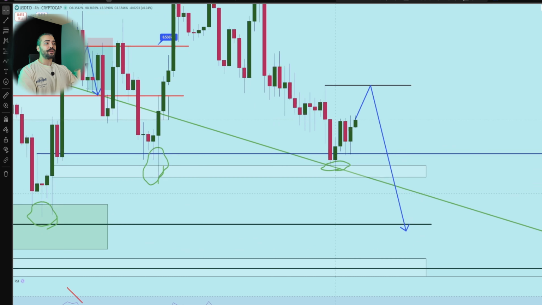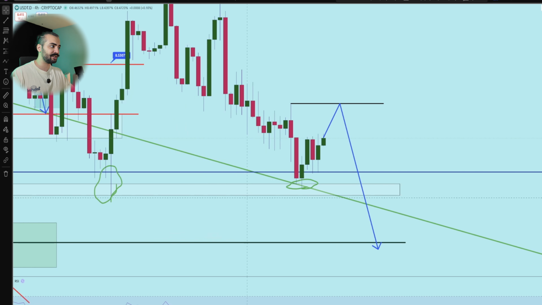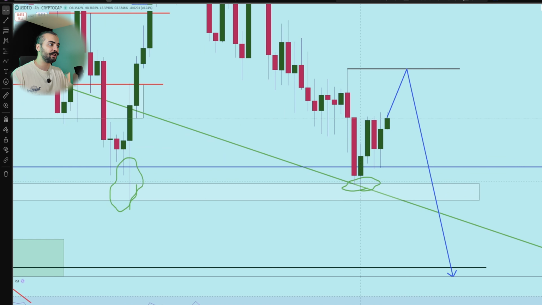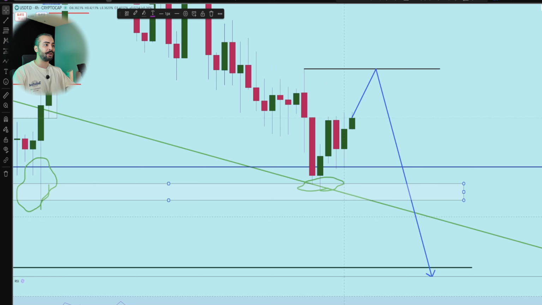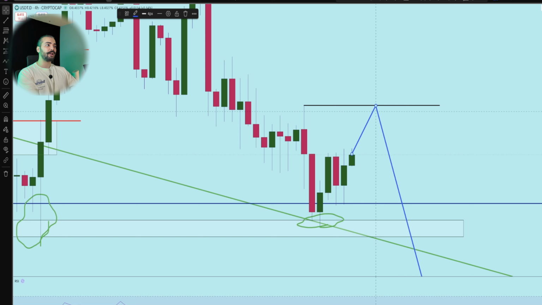And you can see that the reason is that we couldn't go below here, and the reason is this was a huge support. We had two confluences. We had one major trend line here, and also we had this order block, the white box that I drew here, okay? We had two major boxes, and the price had to react to it. But it couldn't push the price so high, and that's why I'm thinking there is a good chance that we may gather a little bit more fuel from here, a little bit more liquidity from here,